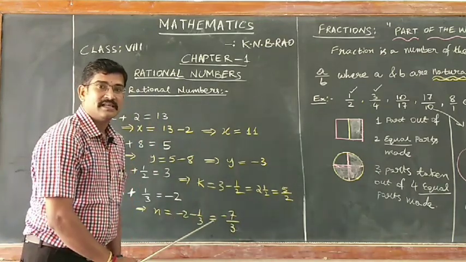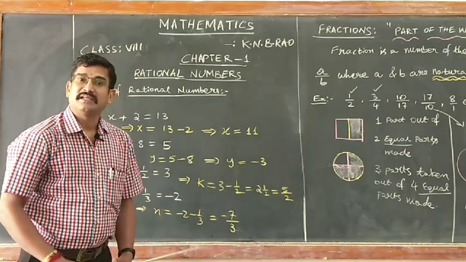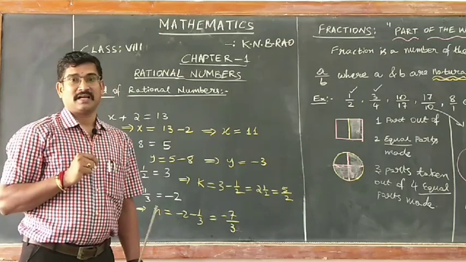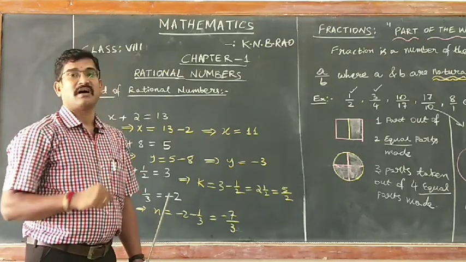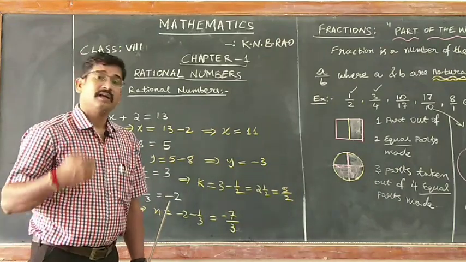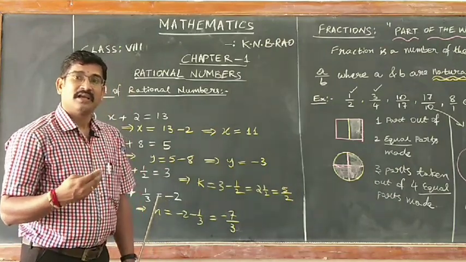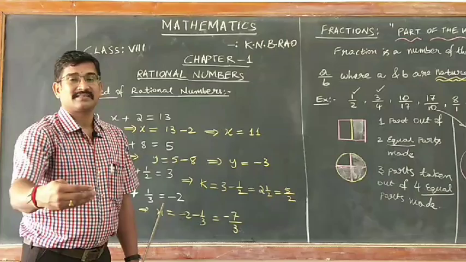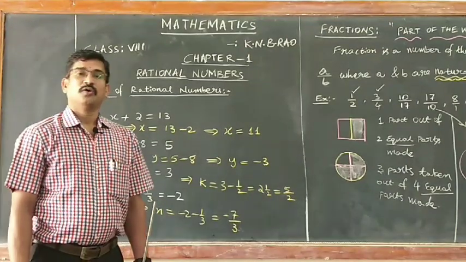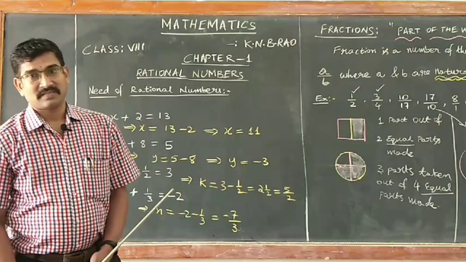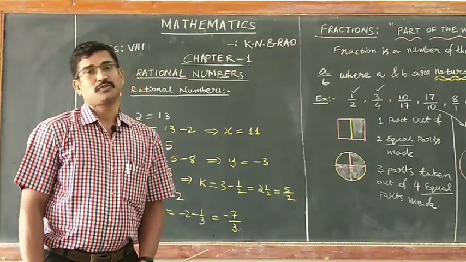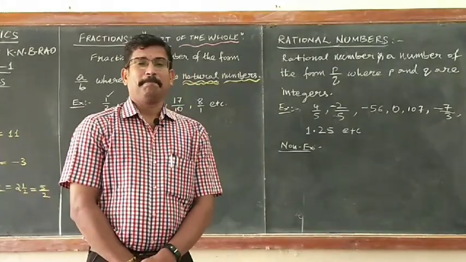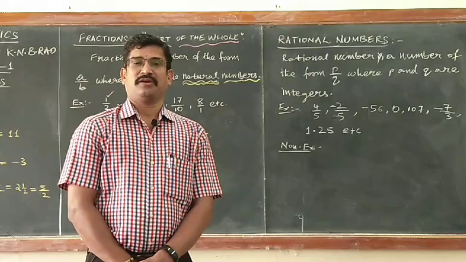Here minus 7/3 is neither a fraction nor does it come under integers or whole numbers or natural numbers. There the need of rational numbers arises as a part of the solutions of some of the simple equations. That is how mathematicians realized the extension of the number system from fractions to the next level, rational numbers. So, with this I sum it up, rational numbers are going to act as part of the solutions. Thank you.